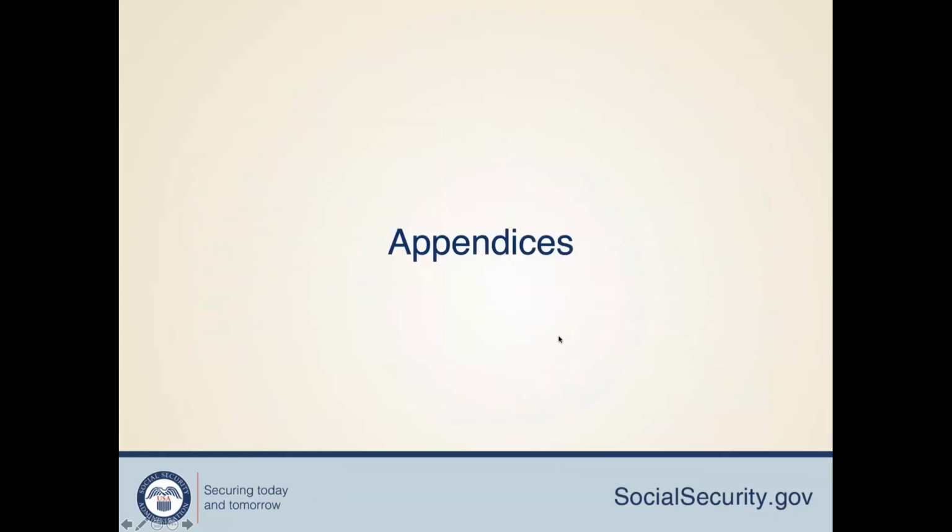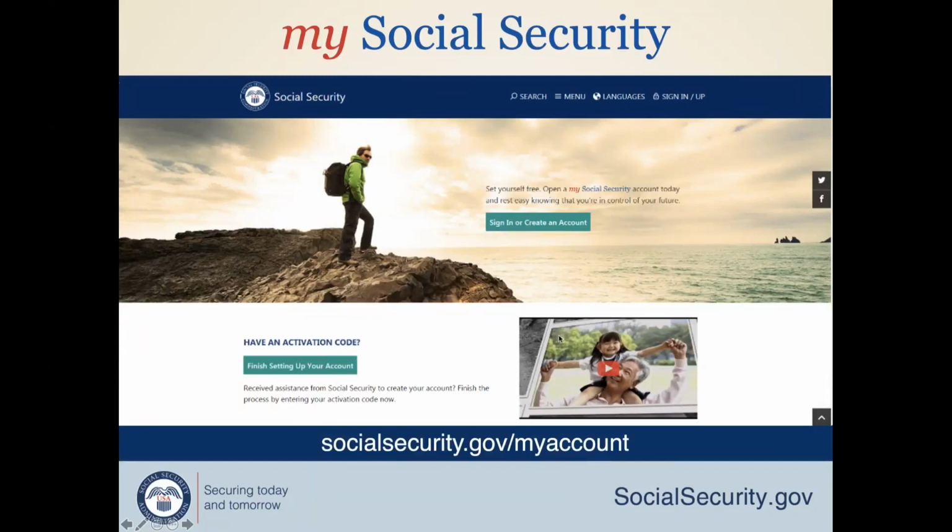Okay, so those are all the things, and then I do have some appendix. Basically, if you have not done it yet, go to socialsecurity.gov and claim your account, right? If you have not done this, it is dangerous because somebody else can claim it also, if somebody knows your Social Security number and other things. So secure it, link it to your account, and enable MFA, multi-factor authentication, on this account.